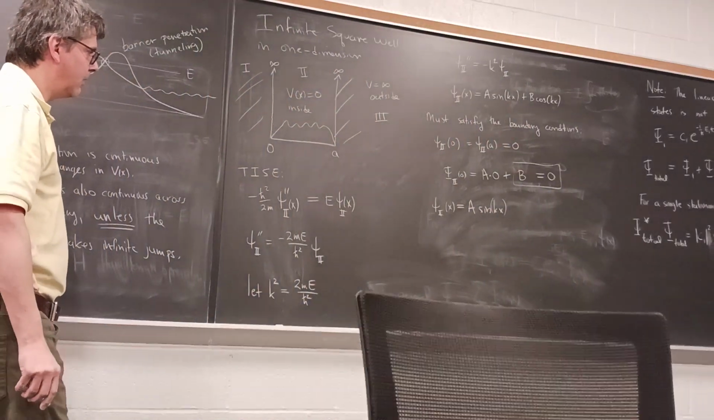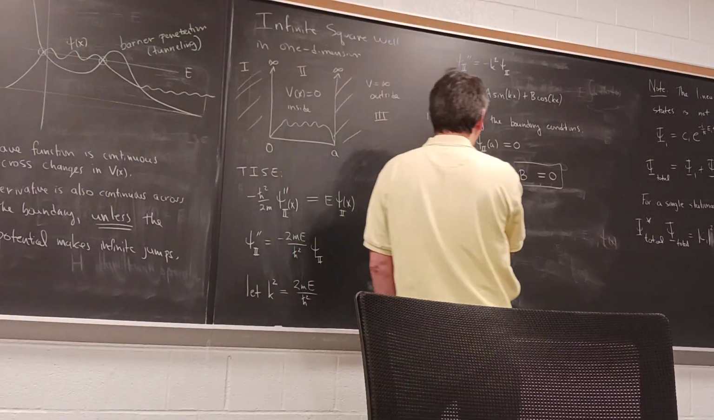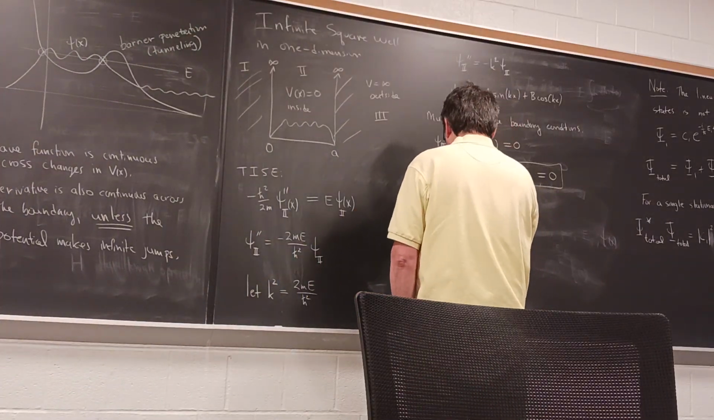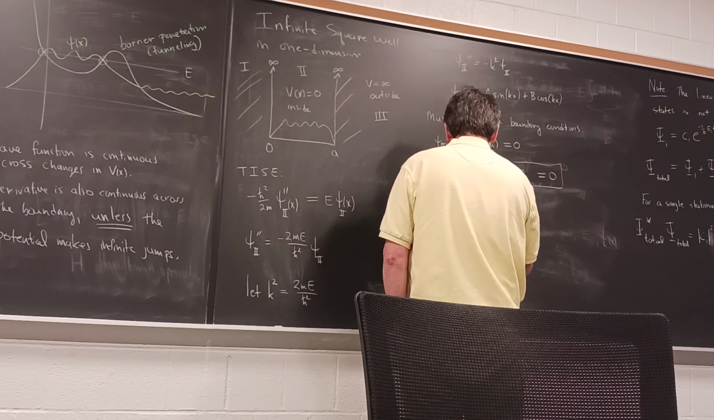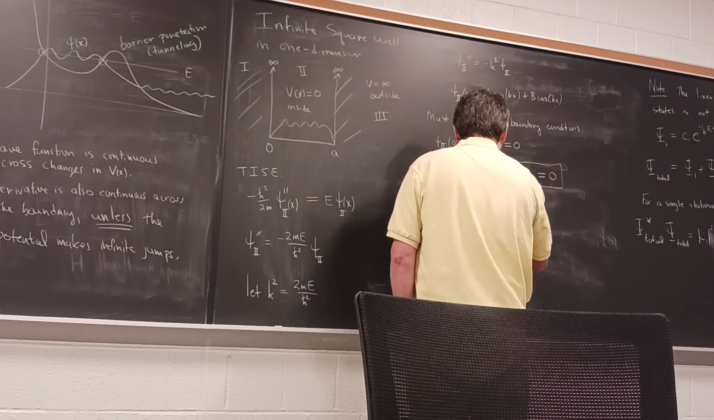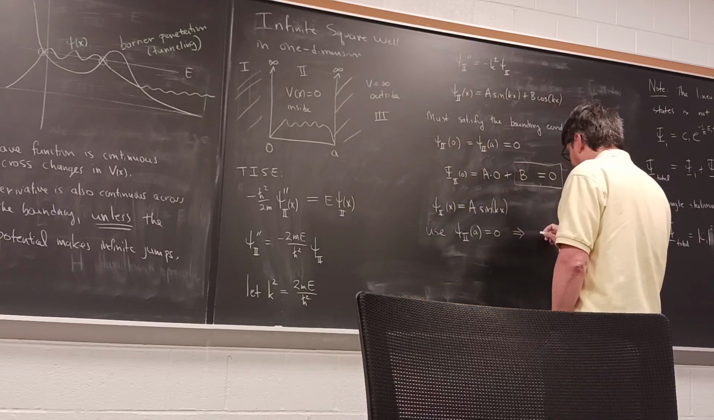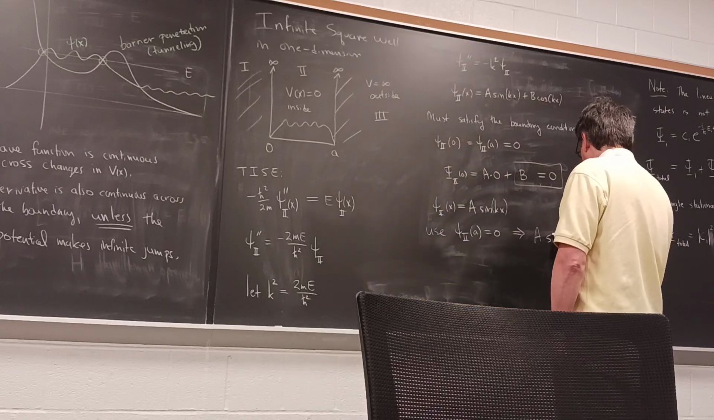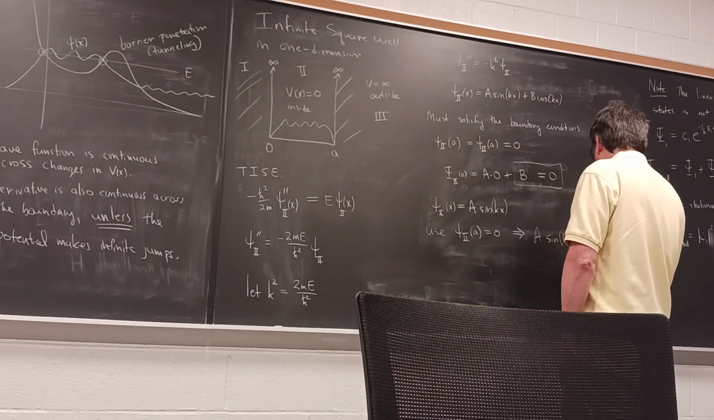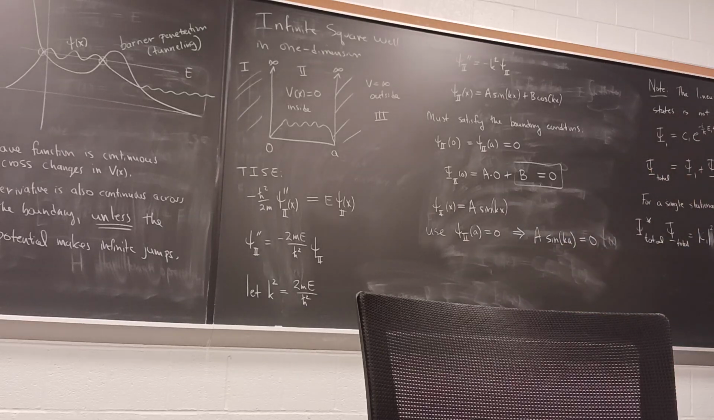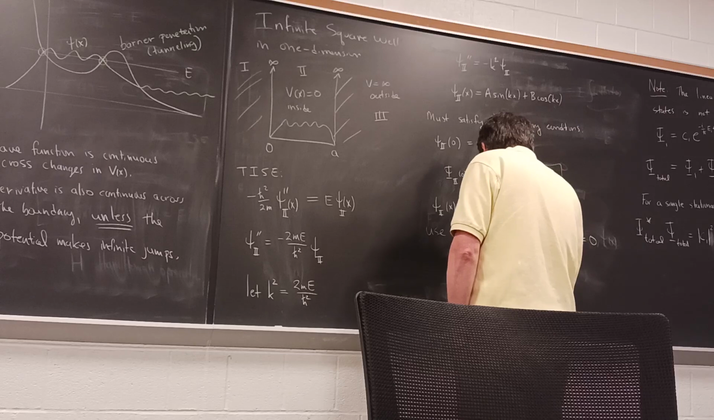Okay, and now we have to satisfy the only other boundary condition that we have, which is that psi 2 at a equals 0. This implies that we have sine ka equals 0. So what does that mean for k? It has to be an integer multiple of pi. Right. So ka